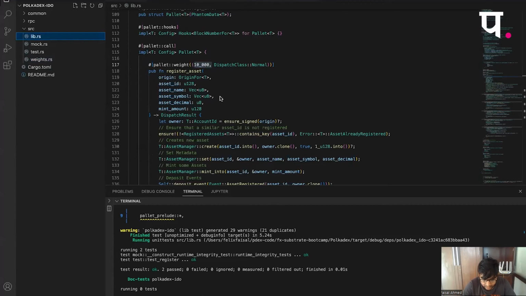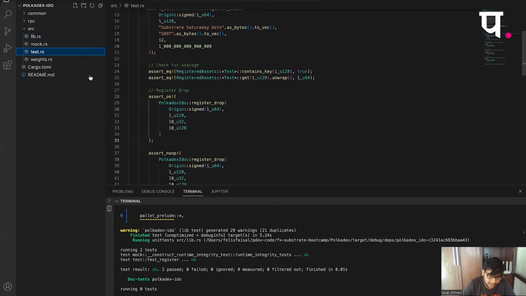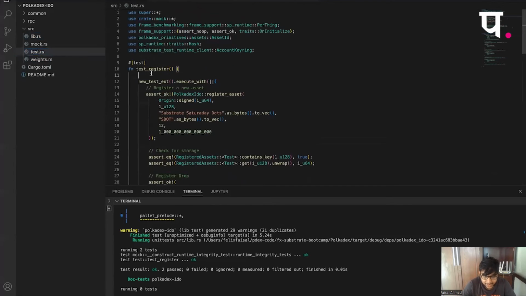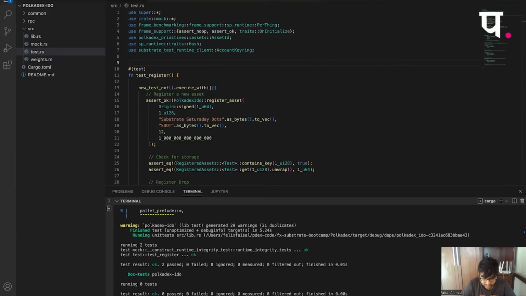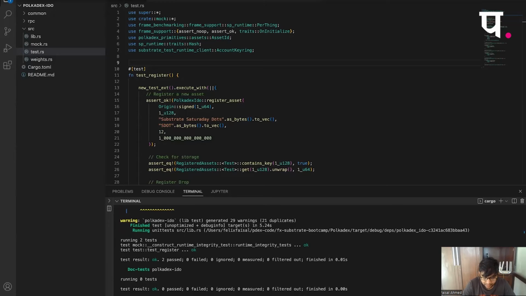And the command to run a particular test function, I think that's actually fairly simple. I actually do not have the Rust extension. If I had Rust Analyzer installed, I would just have a button where I can run an individual function. But if you do want to run a specific function, just name the function. Over here that would be cargo test register, and this would just run that specific function.